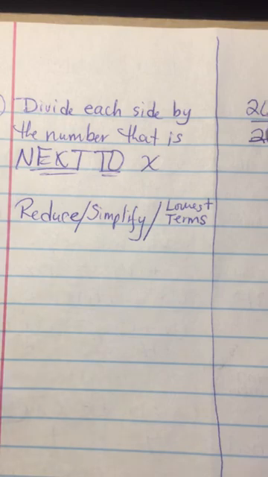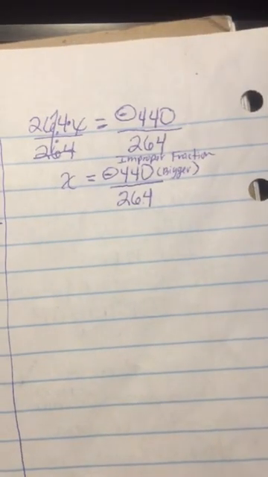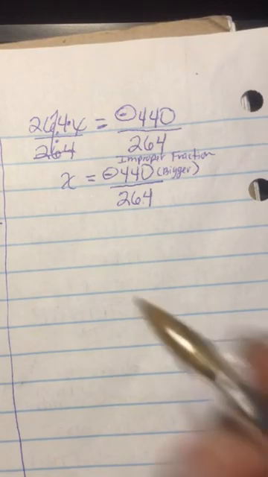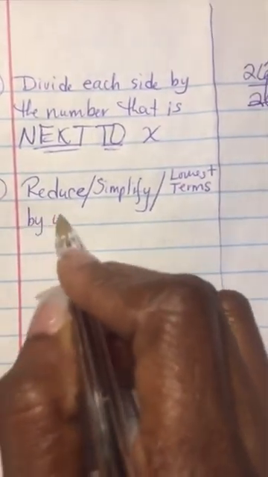So what we're going to do in order to do that is we are going to use factors, and we're looking for the greatest common factor. So I'm going to put it here. Reduce, simplify, lowest terms by using